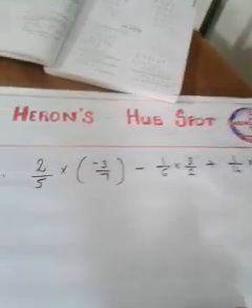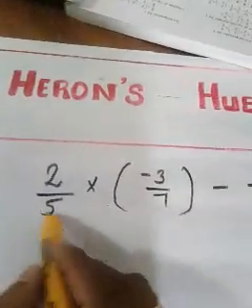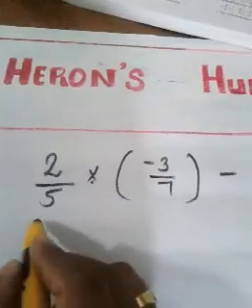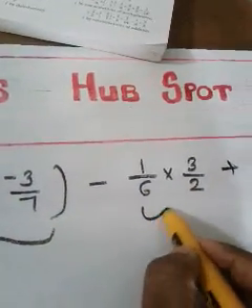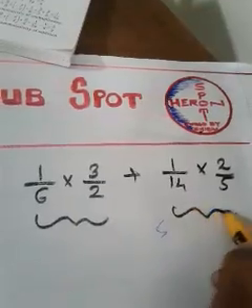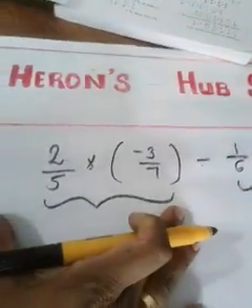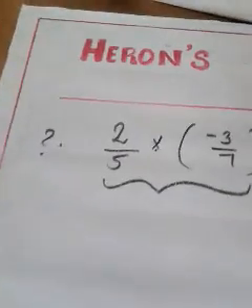Okay, how can we count the number of terms? Can you consider it as 2 terms? No. The operation is multiplication, so you can consider it as a single term. And this is another term, and this is another term, because minus and plus only will separate the terms. So first term, second term, and third term. Now let's see the terms.